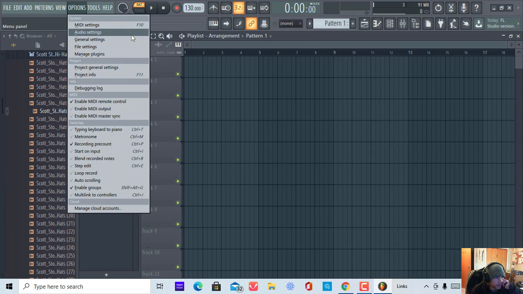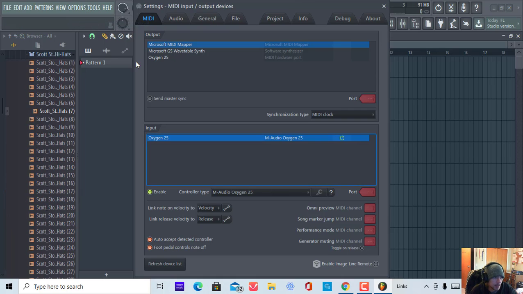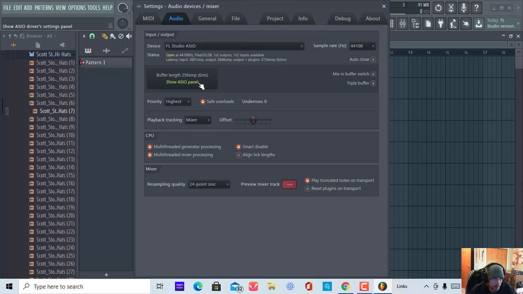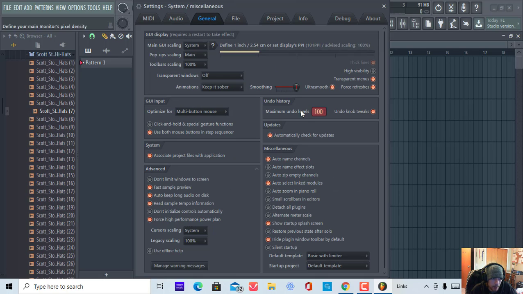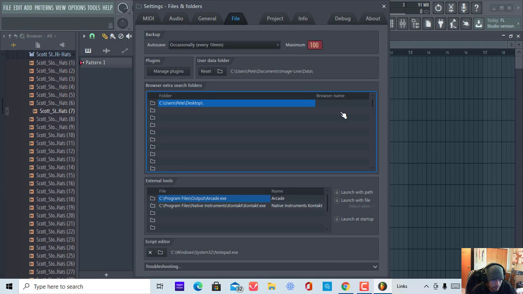Then Options, you have your MIDI settings. This is where you can install and hook up your MIDI instruments or keyboard controller, things of that sort. And then Audio, you have your audio settings and this is where you can set up a microphone. Then General, this is your general system settings. Then File,